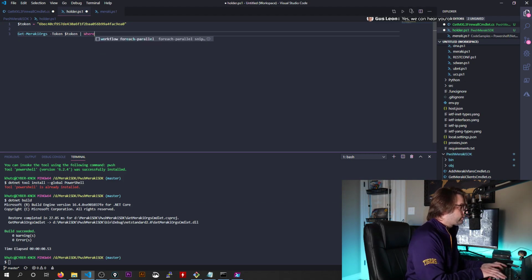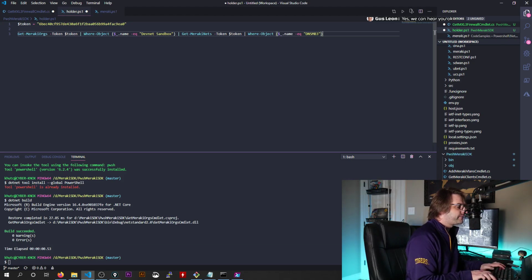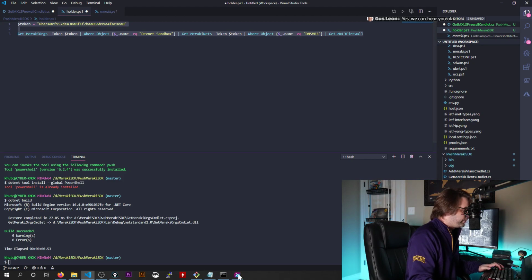Get-MerakiOrgs with the token, piped to Where-Object name equals DevNet Sandbox, pipe Get-MerakiNets with the token, pipe Where-Object name equals DNS-MB3. Pipe that to Get-MXLayer3Firewall. Okay, there. So now that I've got this imported,